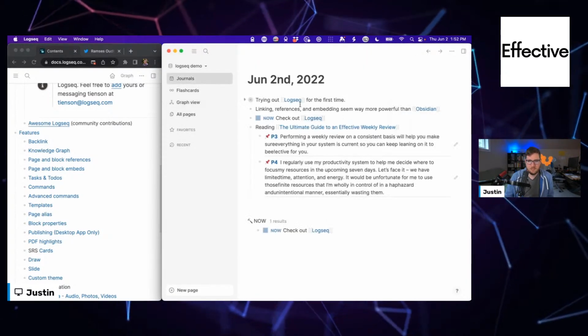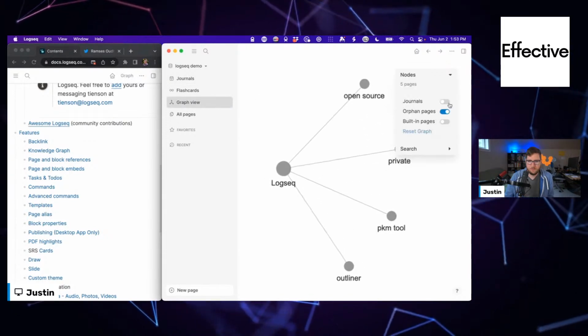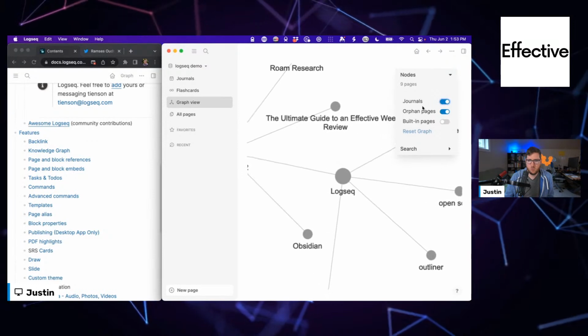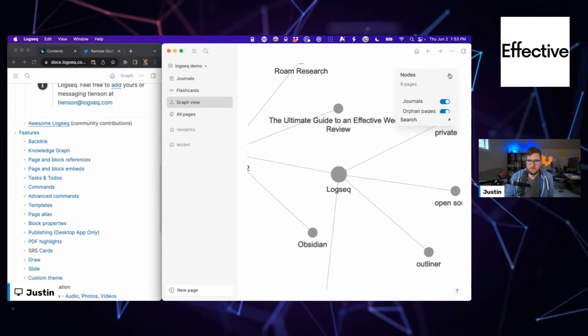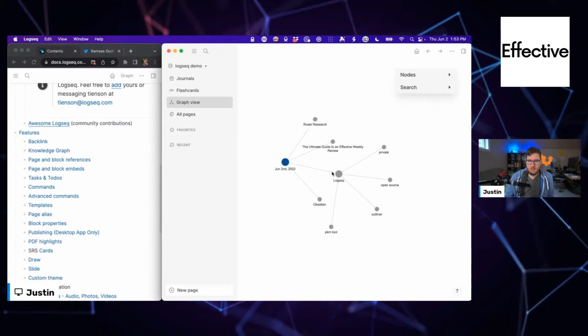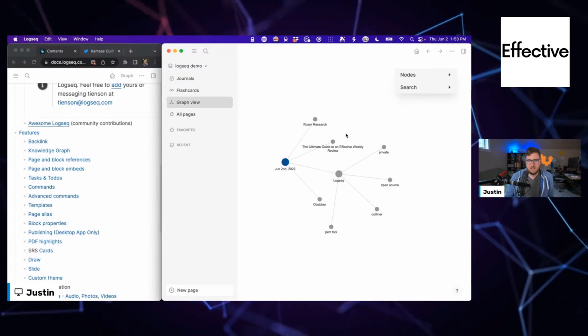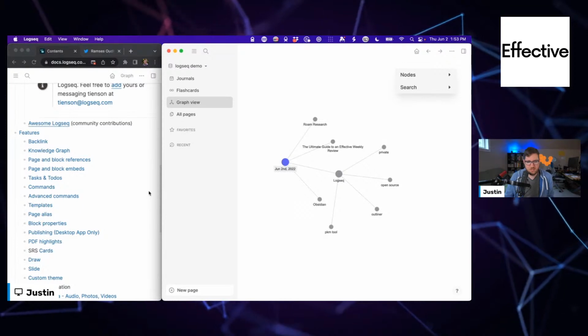Okay, nice. Can add in your journal pages as well, which is helpful. Built-in pages. I do have to say that I like this style of graph view more than Roam Research's style of graph view.